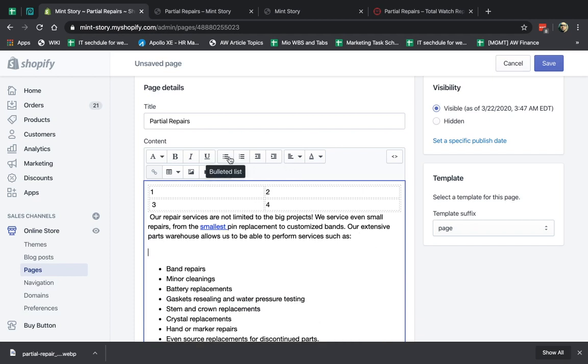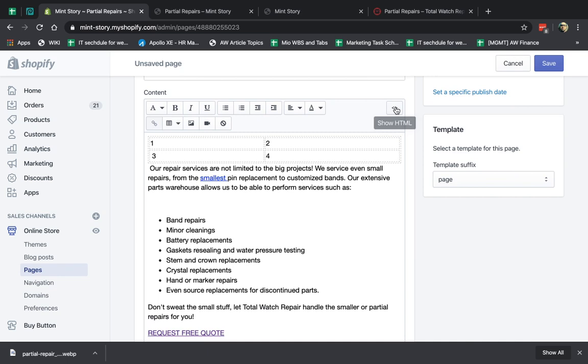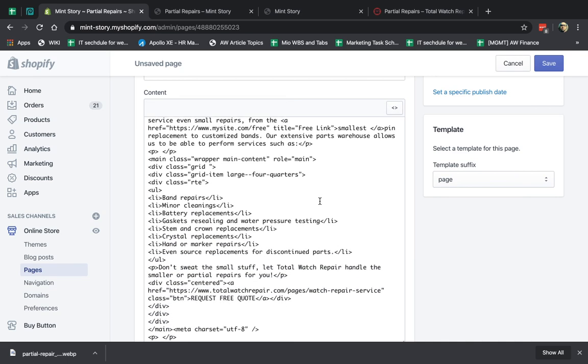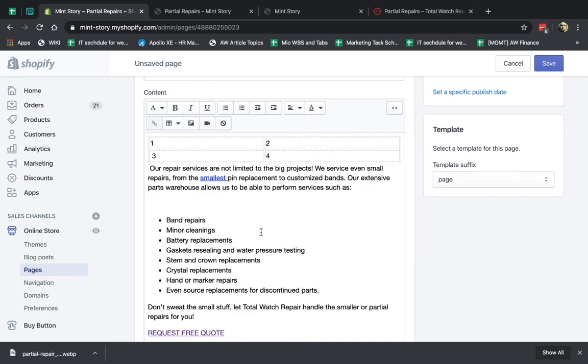So you have your bullet points, etc. This is pretty straightforward. In addition, if you actually know some HTML, what you can do, you can click on the source code right here, and you can see the whole thing. So you can write your own code, right? And you can make it exactly the way you want instead of just putting things left and right.